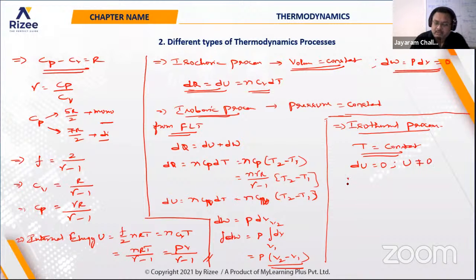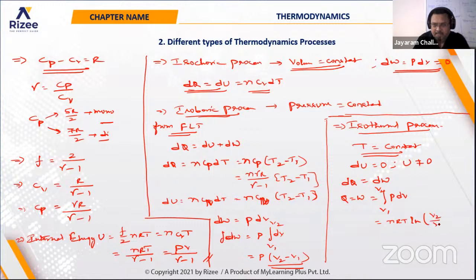That means whatever the total heat that you are supplying, the change in the heat will be equal to the change in the work done. And work done can be calculated as the integral of P dV, where the volume is changing from V1 to V2. On replacing P with nRT by V and solving this, you will get the work done as nRT into ln of